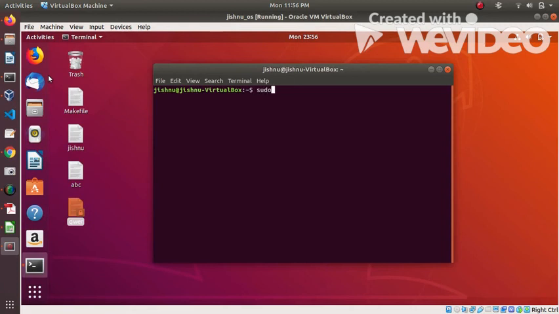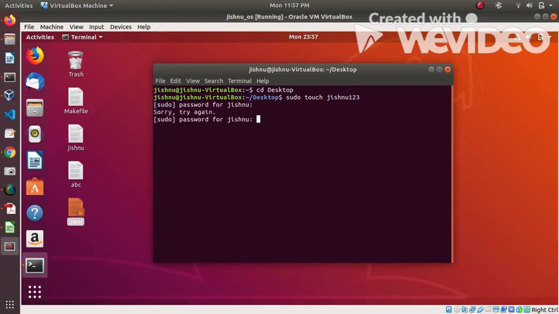If I give sudo touch Jishnu123, it will ask me for the password, and only if I enter the right password, it will create a file for me.